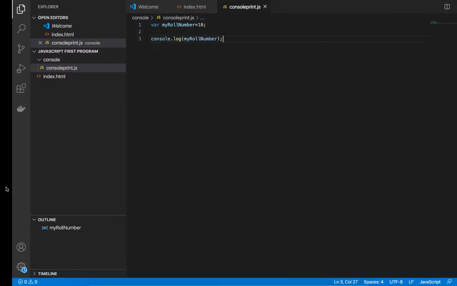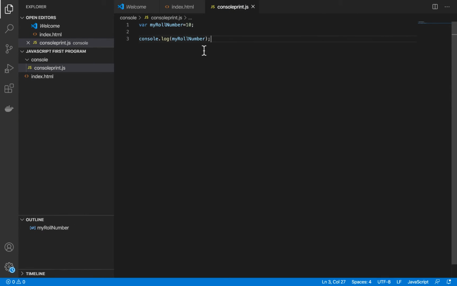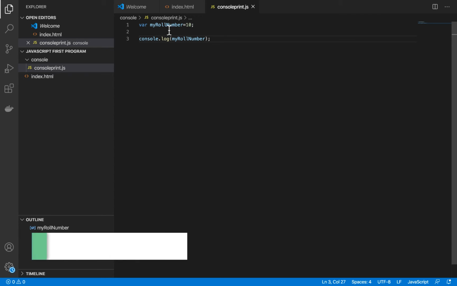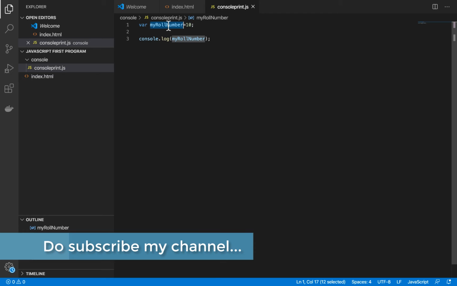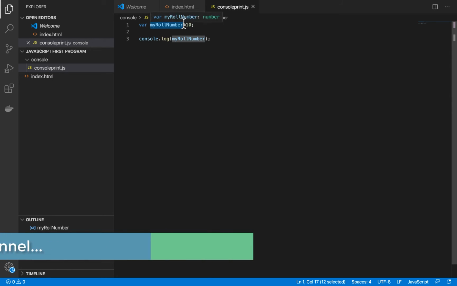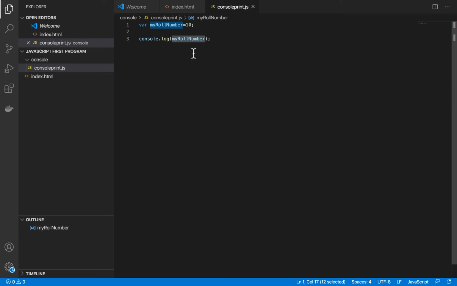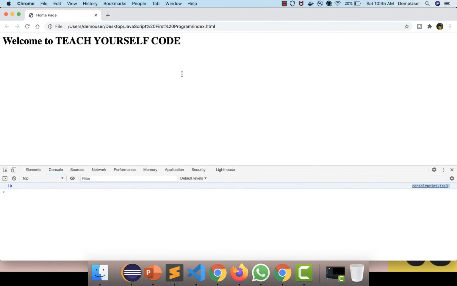So this is the basic that we have seen previously in our video, how to write variables and how to use variables. Now we'll see what is variable mutation. Variable mutation is nothing but changing the value of a particular variable. Let's say this is a variable which is already declared over here, and if I want to change this variable value, I will just type, let's say, 20 over here. If you print it, you can see yes, it's coming as 20.